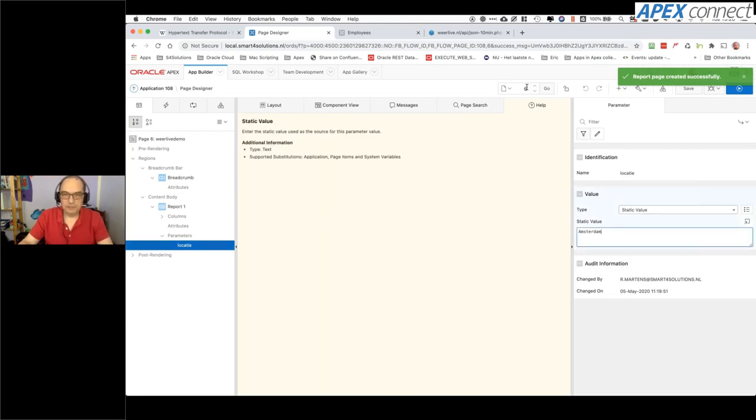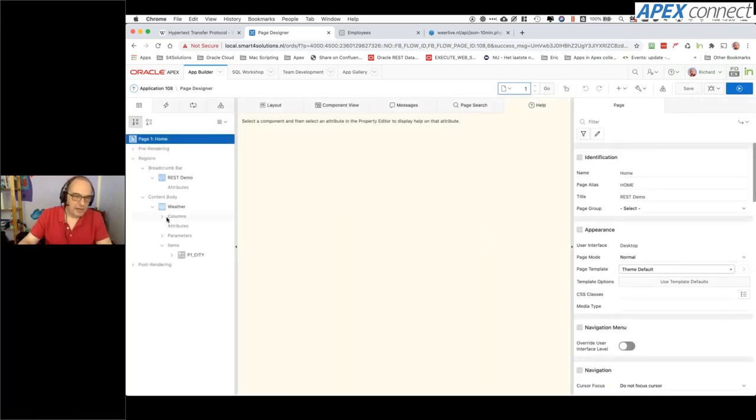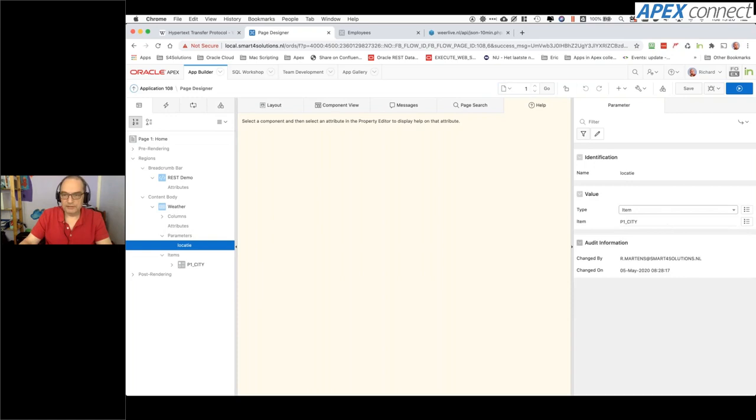I prepared the demo on page 1. I'm using the same web service, but here I added an extra item, P1 city, and in my parameters location I'm referring to that new page item. So if I now run this page,